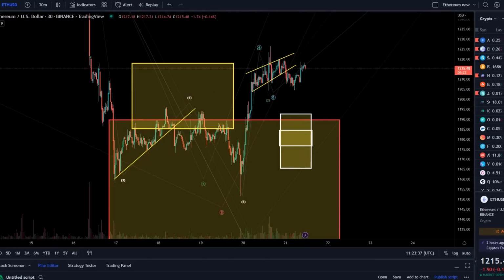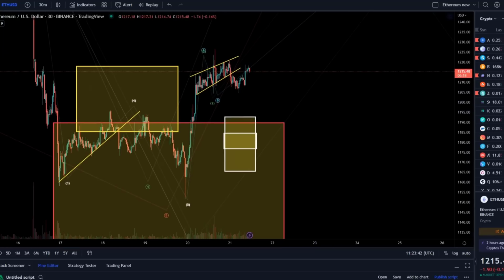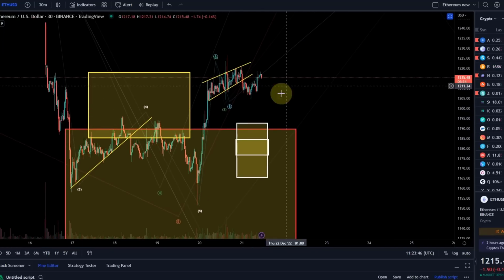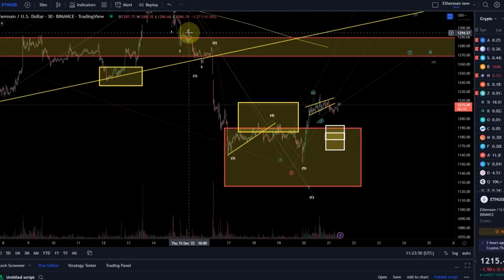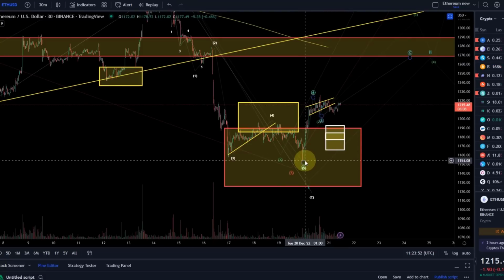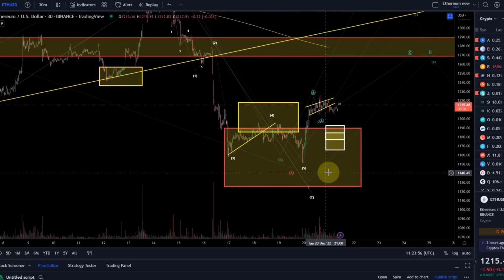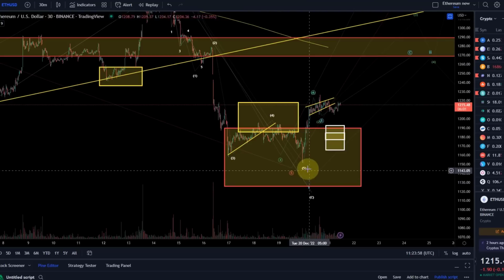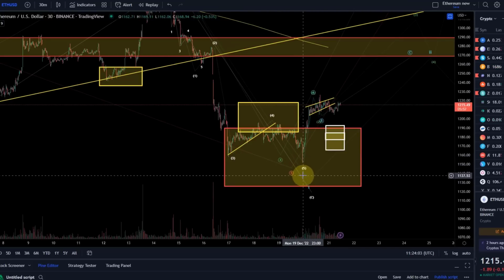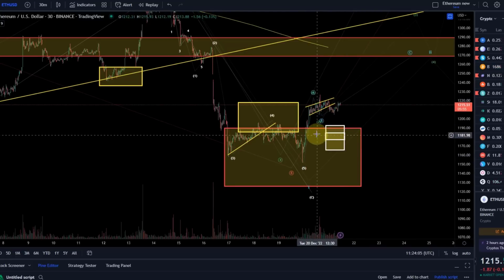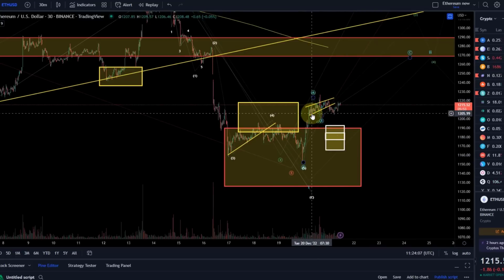So the view is still a little bit unclear here, and for everybody who didn't watch the last video, let me explain to you why this is so tricky at the moment. So obviously last week and into the weekend, we expected another dip down, which then also happened to around 1151. I did expect it to go down into the region between 1130 and 1150, so it was pretty accurate. I told you that we expect a bounce from the area in any case, even in a bearish scenario, so all of that worked out.